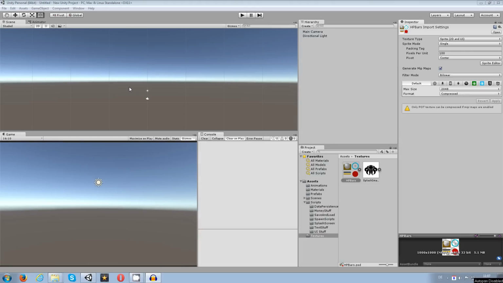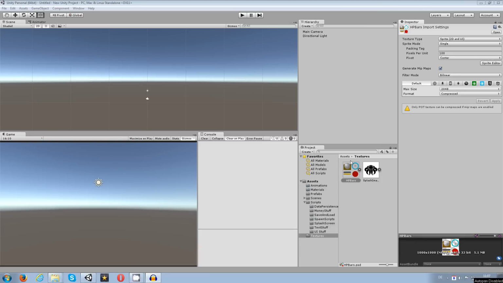Hey guys, my name is HealthBar, and today I want to show you a quick and easy way how to create health bars with filled images. That means if you have some GUI or some graphics you need to decrease the size of, you can use the fill image type to show the health of your player or whatever you think,